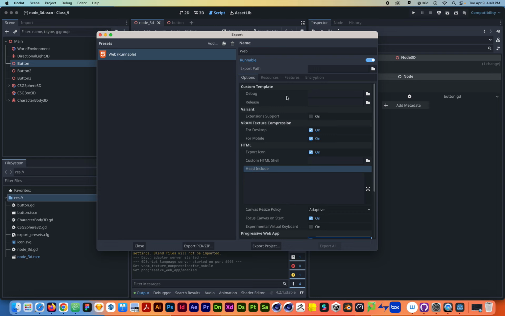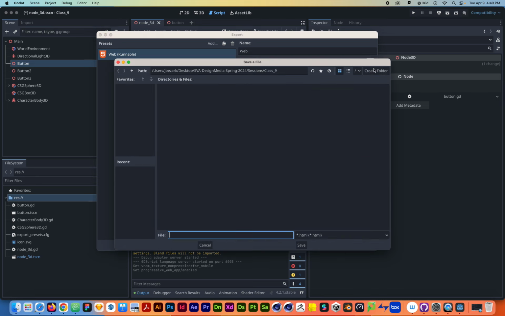Then what we need to do is specify the path where it's going to get exported to. So we're going to click this little folder, and this correlates to this root directory here. I'm just going to create a folder called builds, and then inside of builds I'm going to create another folder, I'm going to call it web. And you can call either of these whatever you want. I suggest doing it this way because it's nice to just have all of your builds in one folder. But the thing you do have to do